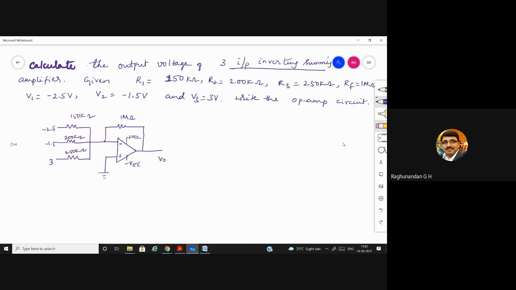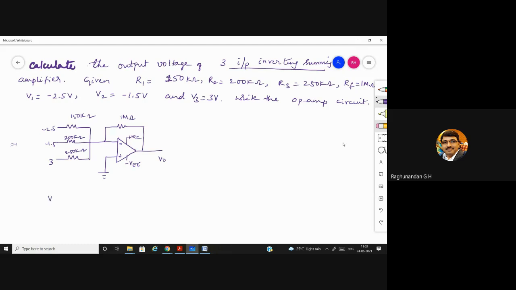So always have a practice of writing the circuit, whether they ask or not. If they ask, they will be giving some marks for that. Some marks are dedicated for that. If they don't ask also, it is better to write, because some of the evaluators will expect you to write the circuit and then to solve. So writing the circuit is considered a mandatory procedure.